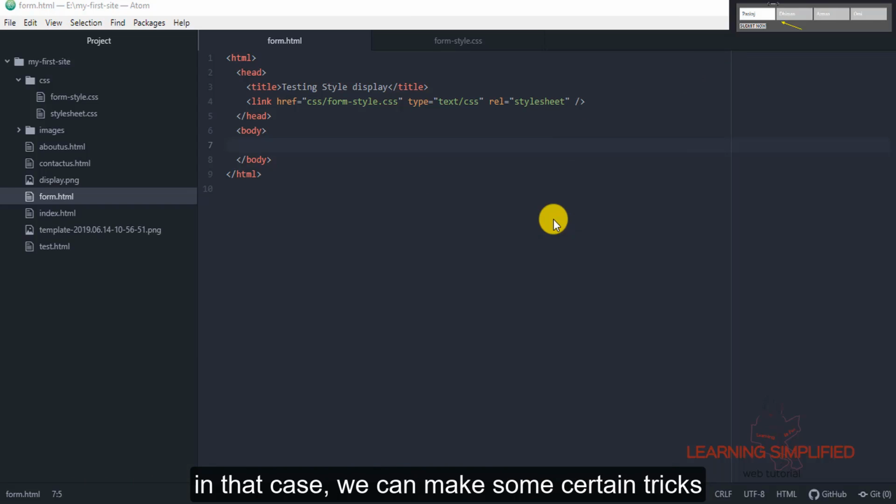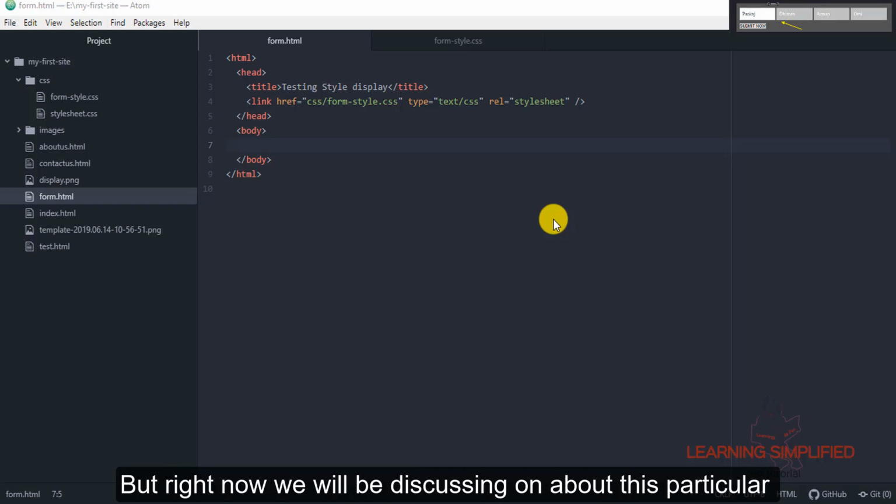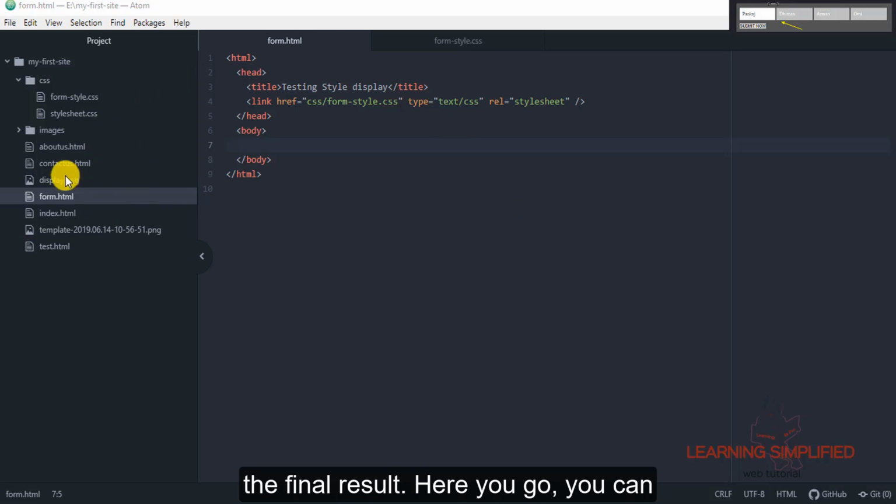But in that case, we can make certain tweaks in order to overcome that problem, and we can set our own default properties for some core HTML form elements like radio buttons or select options, etc. But right now we will be discussing HTML radio buttons, and before we proceed, here comes the final result.